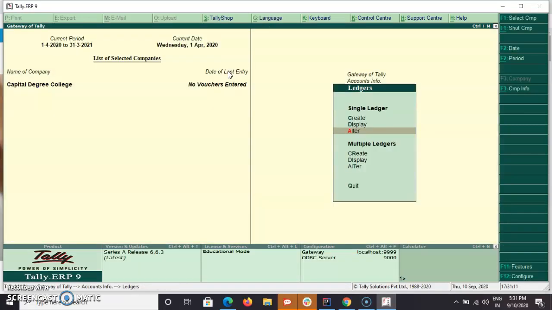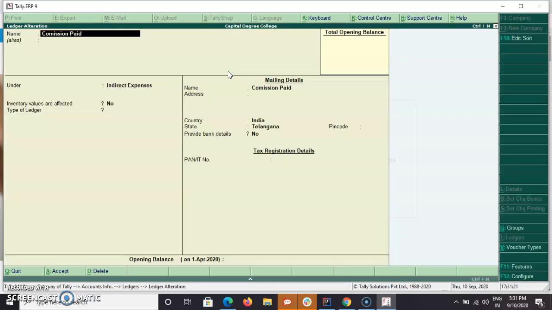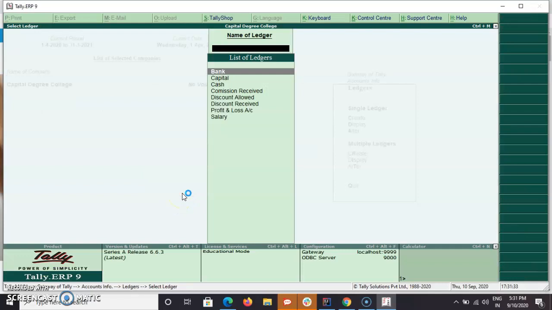If I want to delete commission paid, I press enter. The option is Alt+D. If you observe here, the D is underlined, that means Alt+D. It is asking whether you want to delete. Yes, it got deleted. If you see here, commission paid is not there.